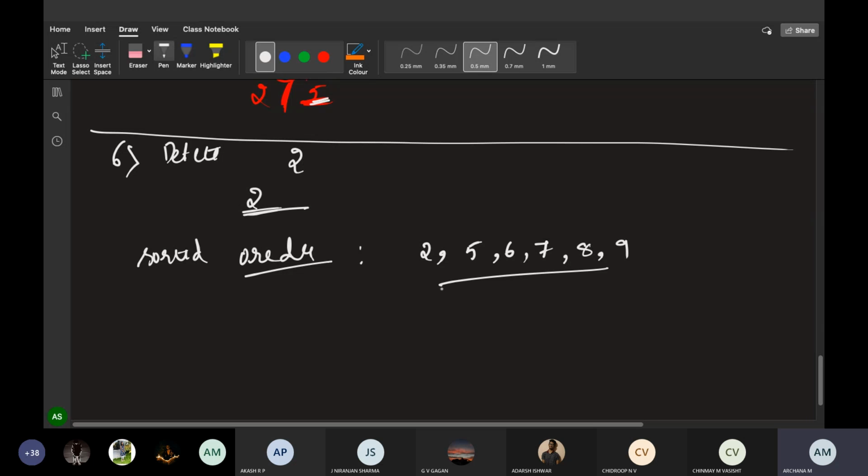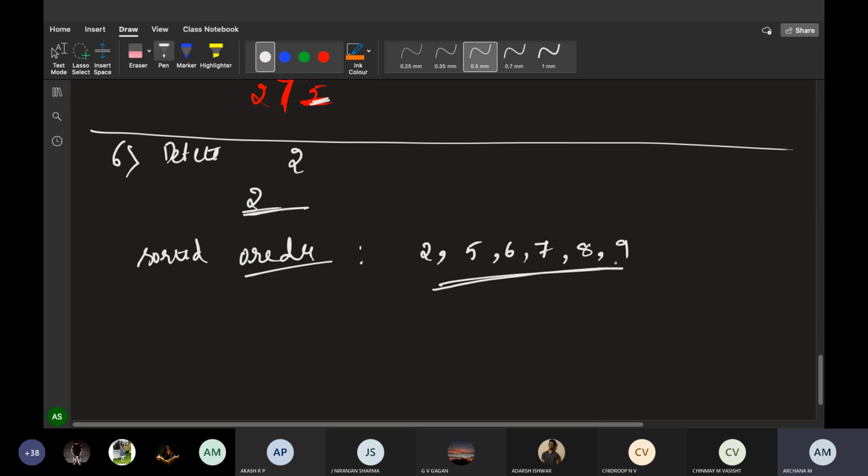You got this? Look here. After deletions in heap sorting, this is what heap sort is. You got an order of elements which is sorted. Now tell me, are these elements in sorted order? 2, 5, 6, 7, 8, 9. Is this in sorted order? Yes, ma'am. This is how we need to construct a heap sorting technique.